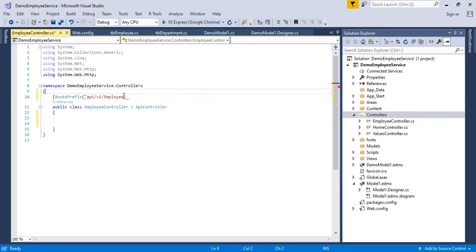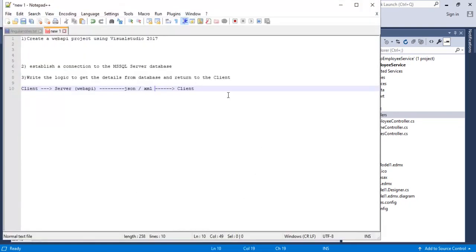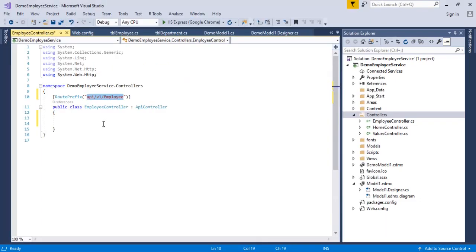Why I'm writing this route prefix is, I'm going to identify the service using this route prefix. So it should be just like that. So that is for the route prefix.